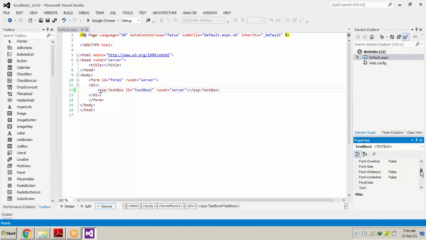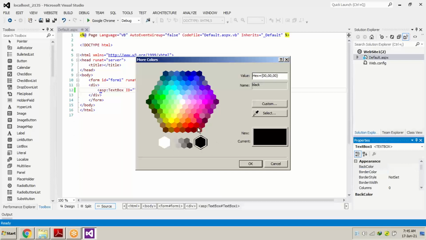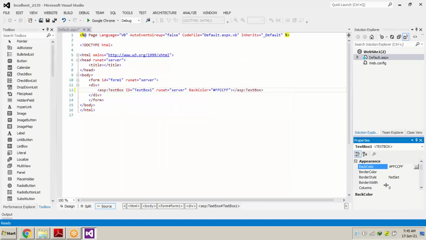If I want to change the back color, just click on back color, a small button you are going to see over here. Just click the button, change the color and make it okay. See, the back color has been changed.